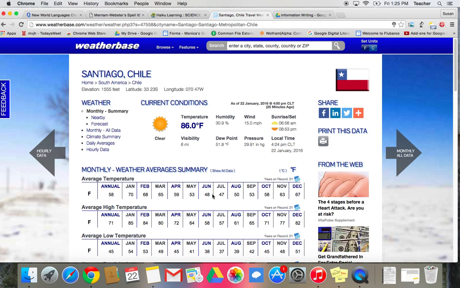And then for September 22nd, write down 53 degrees. And then you can see on their first day of summer in December, the average is around 67 degrees. And then for March, right here it is 65 degrees. Okie dokie. Once you have all of the data complete for all 5 cities, then you're going to be ready